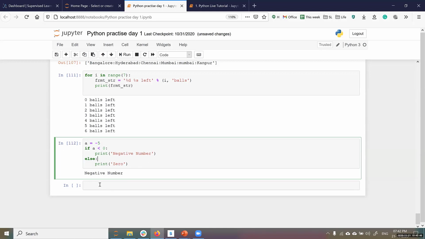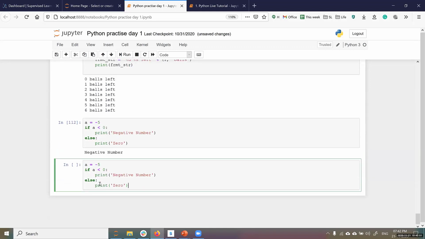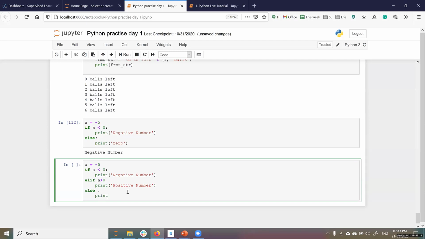If you want to have a third case also, like positive number, you have to come back. Okay, it's not else if, it's elif a greater than 0, print positive number, and then you can put else, print 0.